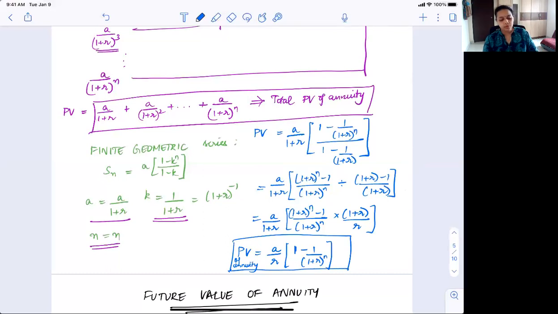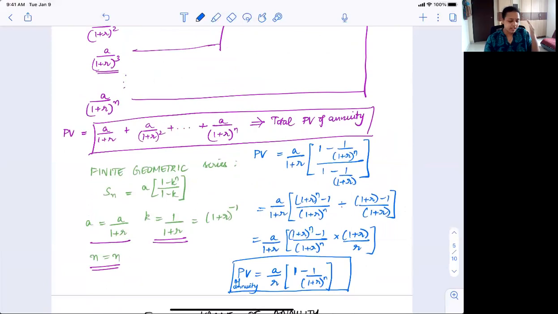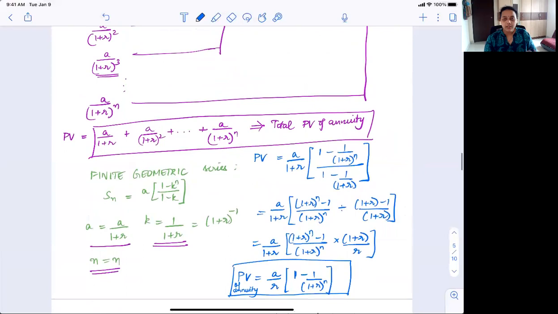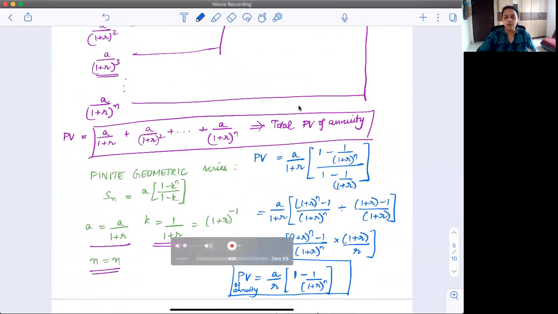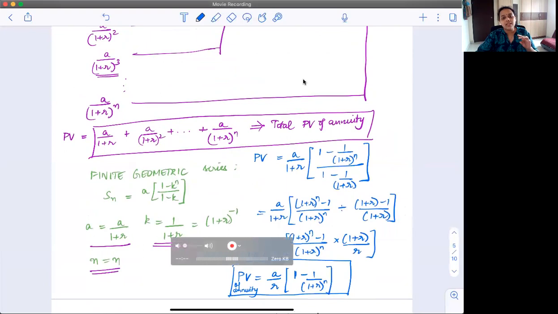I just wanted us to derive the formula so that it stays in our mind. It gives us a better intuition of how to get to the present value of an annuity. So I will stop this video here, and in the following video, I will continue and walk you through how to calculate the future value of an annuity. And then in a subsequent video, we'll apply these principles to understand mortgages. So I will see you in the next